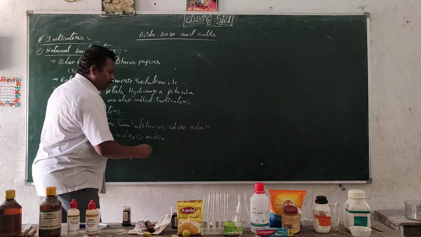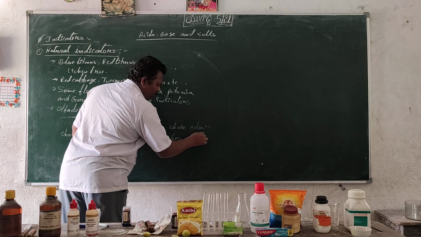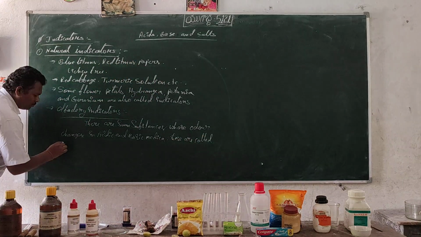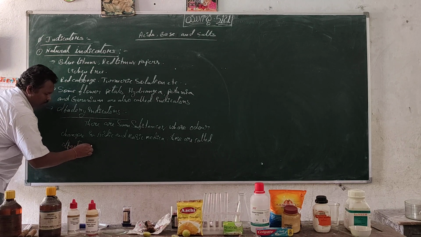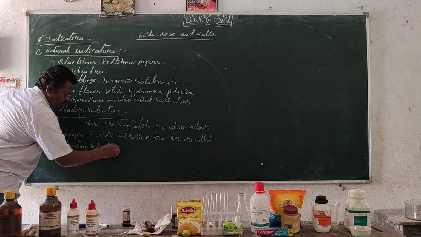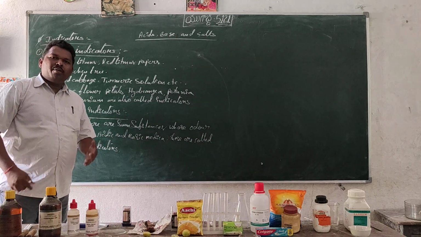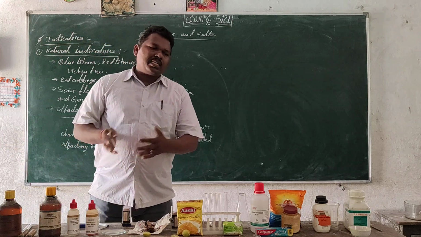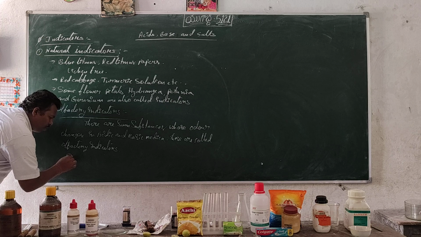These are called olfactory indicators. They are identified by testing the smell, to identify acids and bases. Examples of olfactory indicators are